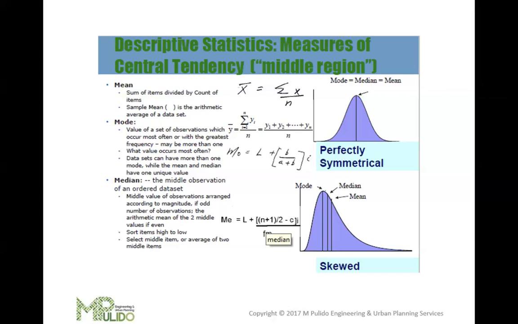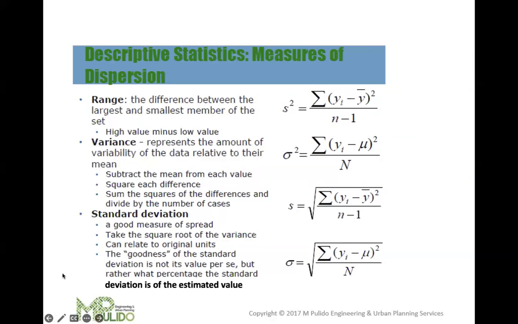So measures of central tendency provide a summary statistic that represents the center point of a data set. The mean is useful for data sets without outliers and symmetric distributions, while the median is better for skewed distributions and data with outliers. We go to the next slide. So we have formulas all over.